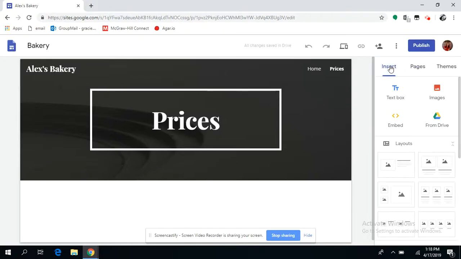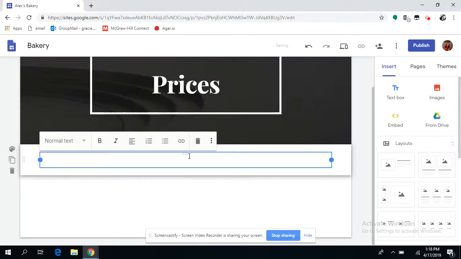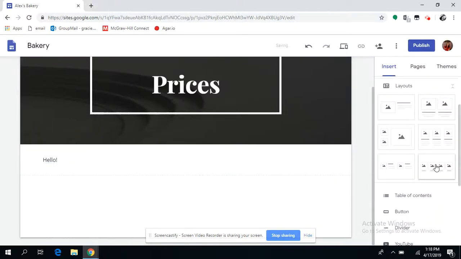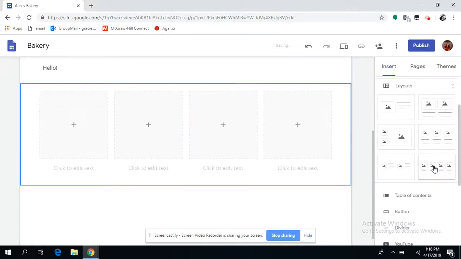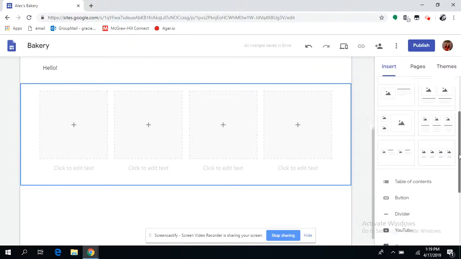And then let's go back to this. You can upload multiple things from your Google Drive or just regular images, and you can make text boxes, just to write things like welcoming the people to your website. There's different layouts that you can do for your website. If you have a certain, like you want 4 pictures, so that's what you would put in there, and then put the 4 pictures on each of those. And then down here,